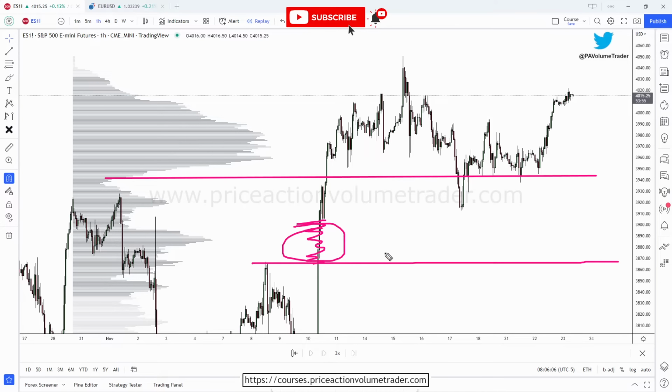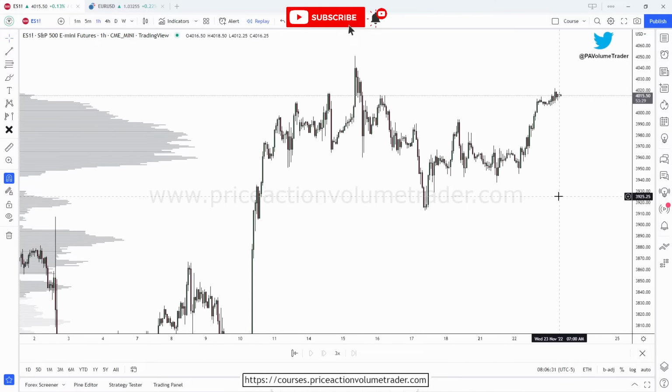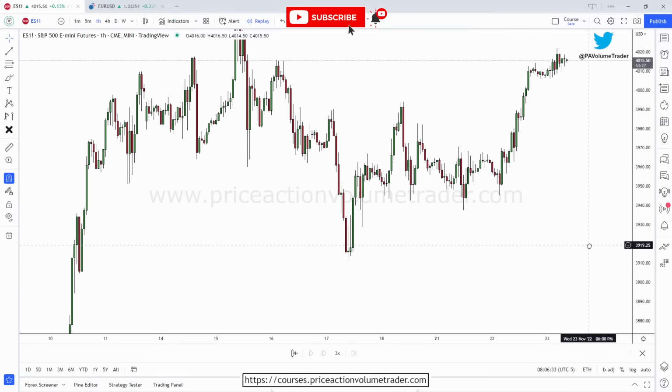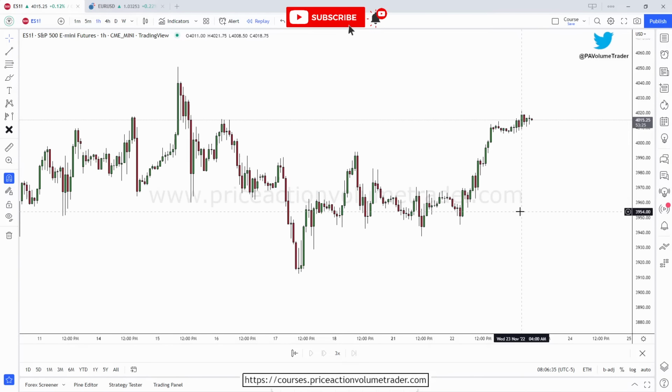We have a gap here, so you can have a clear target into this high. That's the next logical level. But what you want to avoid is just shorting when you're back down at the bottom of a high volume node, because as you can see, what this does is it traps aggressive late shorters in this case, and then just rips up. And if we zoom in, you can even see, if you're trading classical patterns or something,